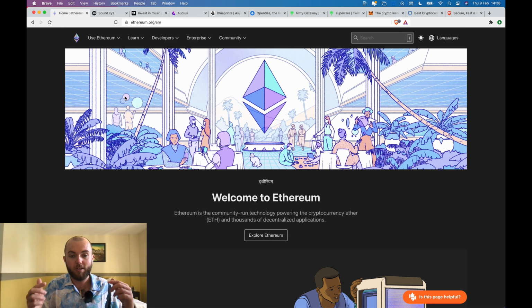There are upgrades coming out even next month, March 2023, and in the latter half of 2023 as well, that will offer some serious improvements to this. But for now, know that it's pretty much the most expensive one that you can release on. Now, why would you release on here? First of all, it's the most secure and the most decentralized. That is useful because it makes it more resilient. Second of all, it has the most people on it. So you pay a bit more, but you get to address more people. That is one of the trade-offs you would want to consider.